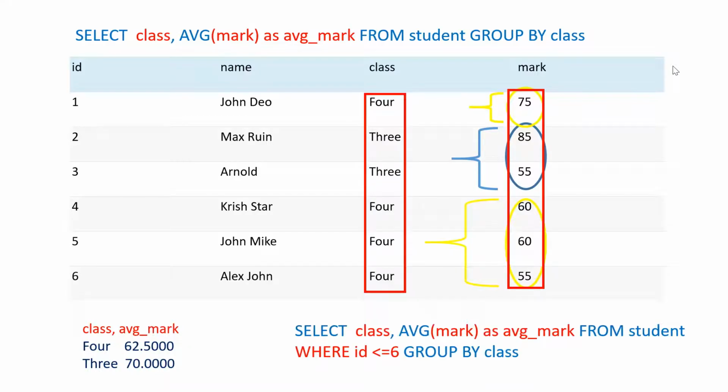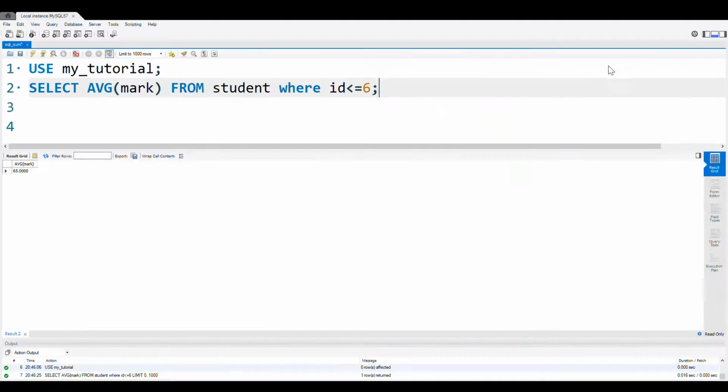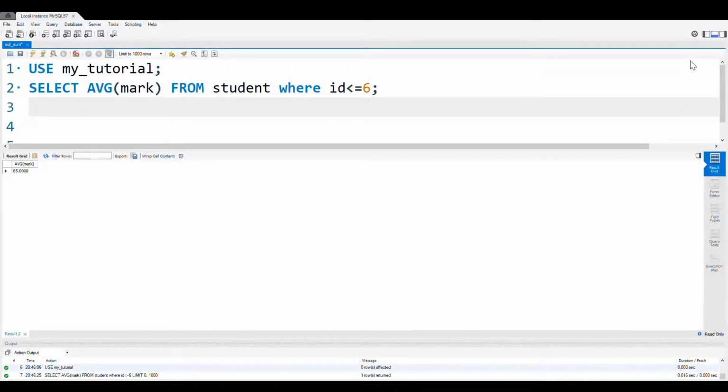Now here is the complete query because we are restricting ourselves to first 6 records. So we have used a where condition. So ID is restricted up to 6 here. Use group by now. So let us select class.